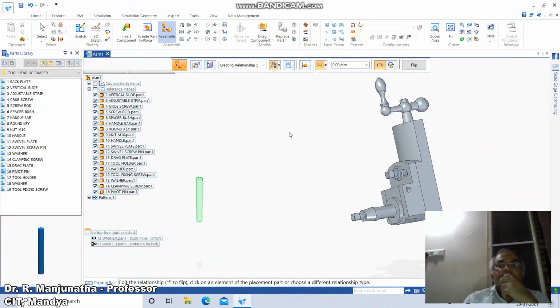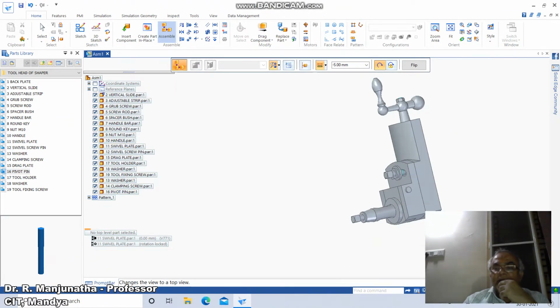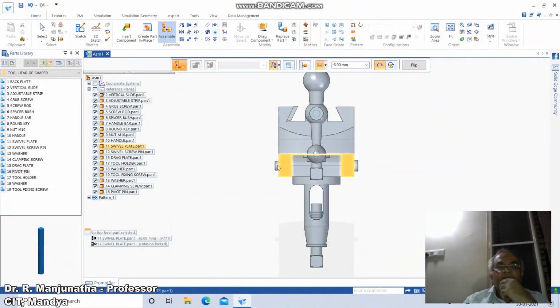You just double click on this, then go to assemble, lock the rotation, you just click on this face with reference to this. So now you have to assemble, click on this face with reference to this. So you give just -5 because each side should have 5 mm each, 100 mm. So this length is 110. So this side is 5 and this side is 5. When you look from the top view, you will be able to make out the difference here. This side is 5 and this side is 5.